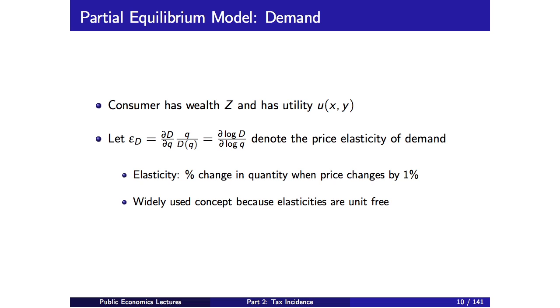And let's let epsilon sub D denote the elasticity of demand with respect to the price. So this can be written in a couple of ways. Hopefully this is familiar to most of you. It's just the slope of the demand curve times the price divided by the level of demand, the quantity. Or another way to think about this is that it's d log D over d log Q. So let me just mention here that this is a useful